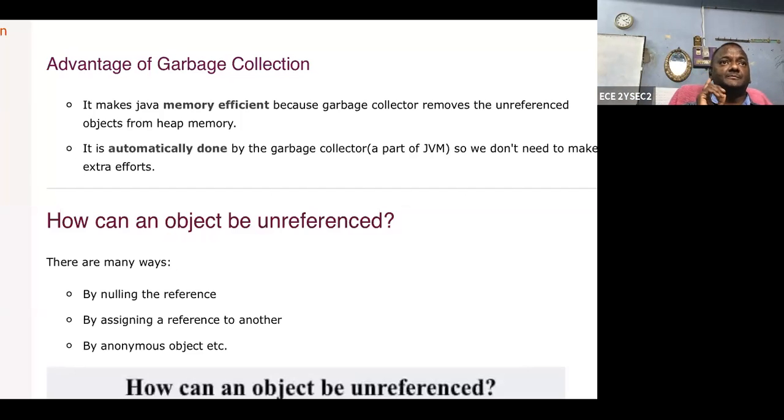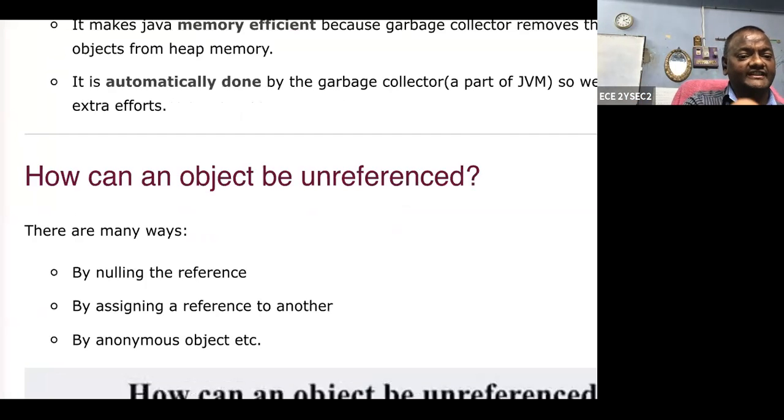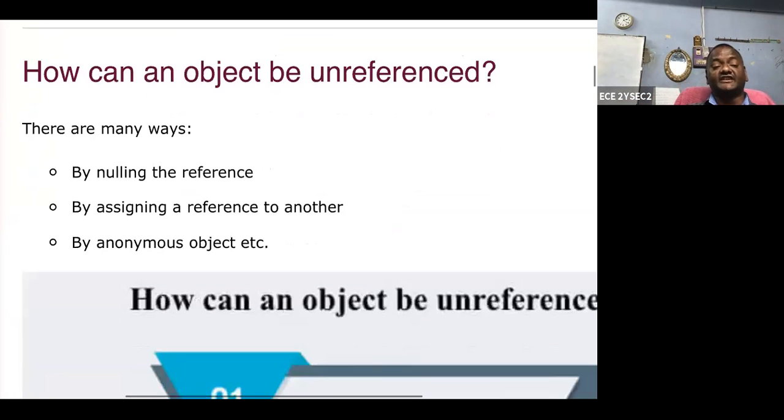JVM, Java Virtual Machine, clears garbage memory before creating an object. What are the different methods in garbage collection? First is nulling the reference, second is assigning a reference, third is anonymous object. I can show you.